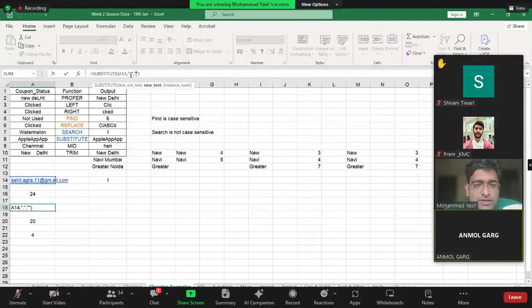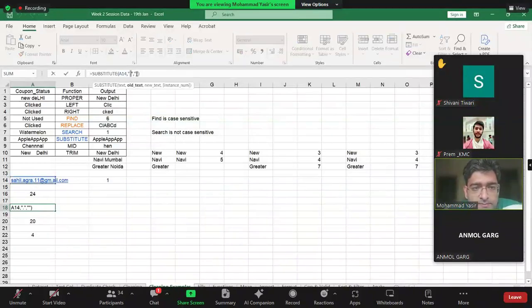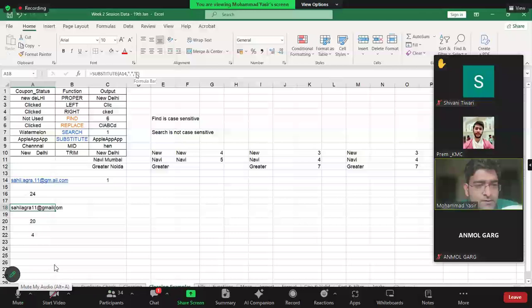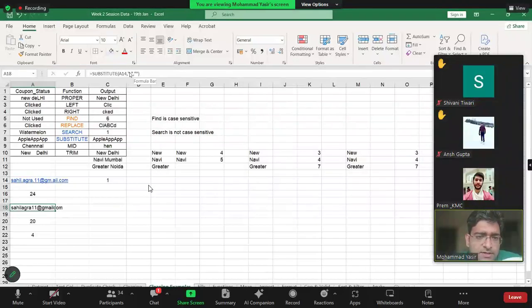So if you want to remove 11 from here, you can say 11 and replace it with nothing. All right. Okay. Clear, everyone? What is an alternative of substitute which does not have the case sensitive problem? Substitute is case sensitive. In order to handle that, you can simply use lower when you are using substitute.